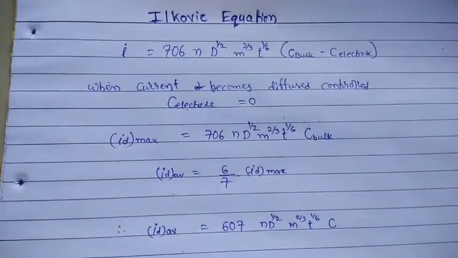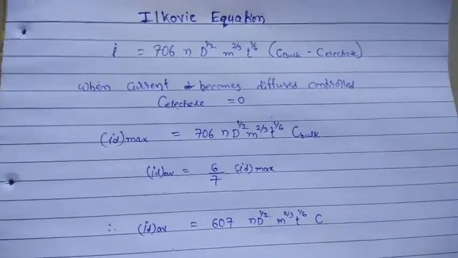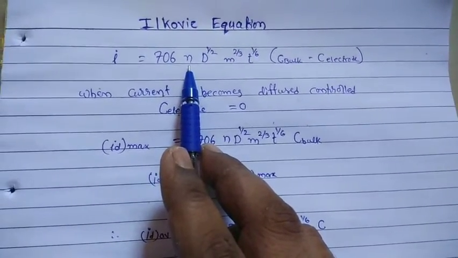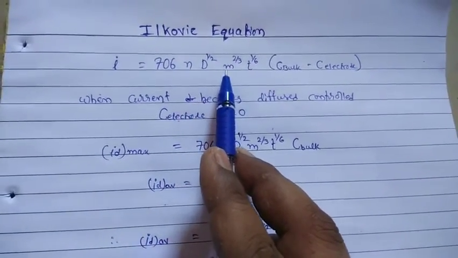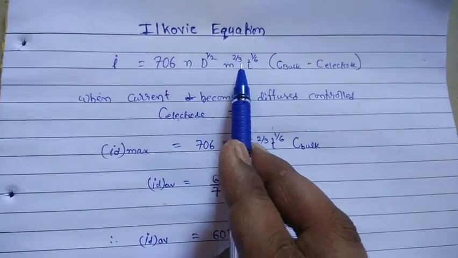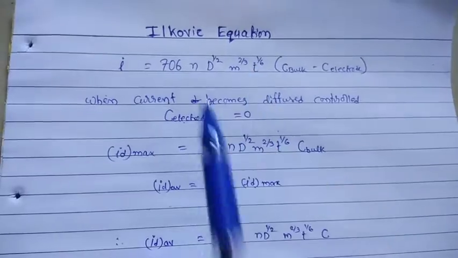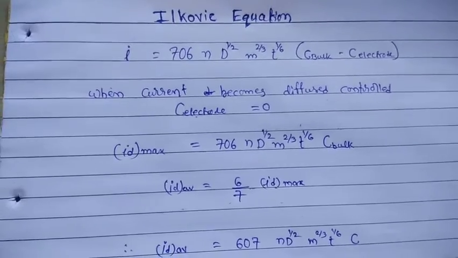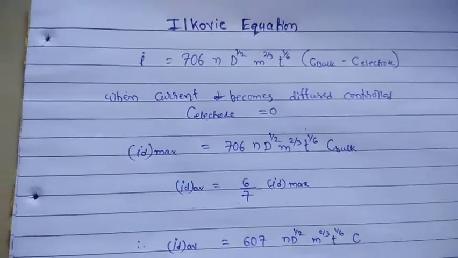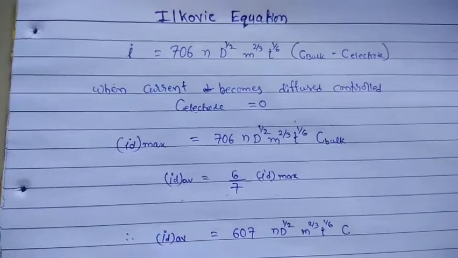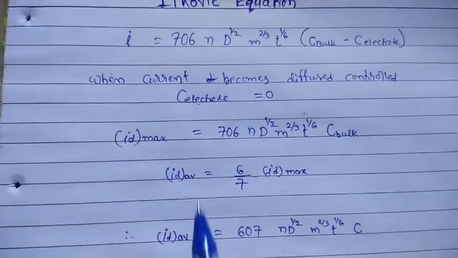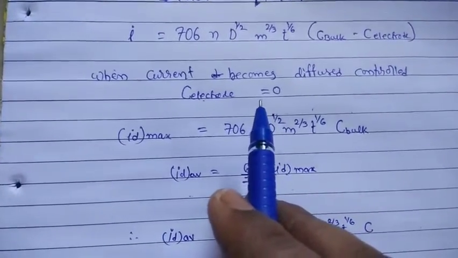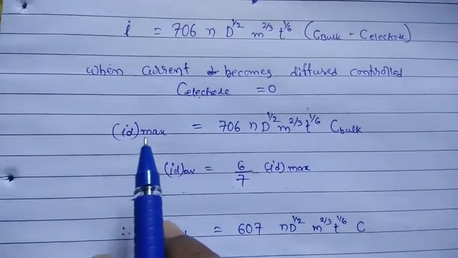The Ilkovic equation is given by I equal to 706 into n into D raised to half, m raised to 2 upon 3 into t raised to 1 upon 6, into the difference between the concentration of the bulk and the electrode. Now when this current becomes diffusion controlled and reaches its limiting value, then the concentration at the electrode becomes 0, and at that point the diffusion current becomes maximum. So the ID max is given by